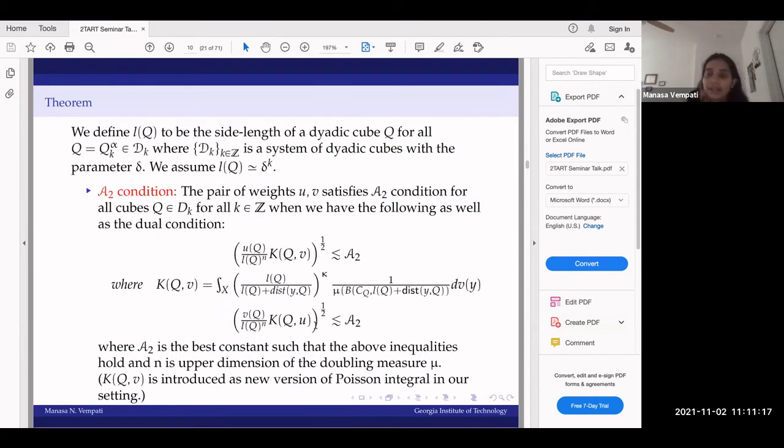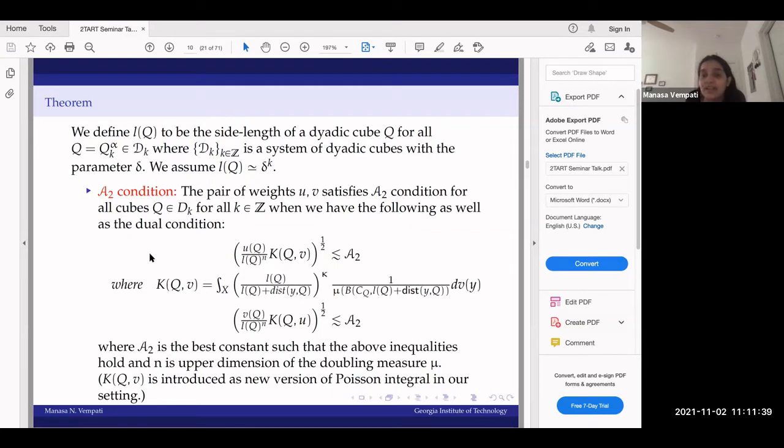So just like we had the A2 condition for the Hilbert transform as a tool for answering the two-weight inequality for the Hilbert transform, we need a certain kind of A2 condition in our setting. So I'm going to state the A2 condition that we use in our setting of space of homogeneous type. Before I do that, a regular thing that we perform when we are dealing with space of homogeneous type, if